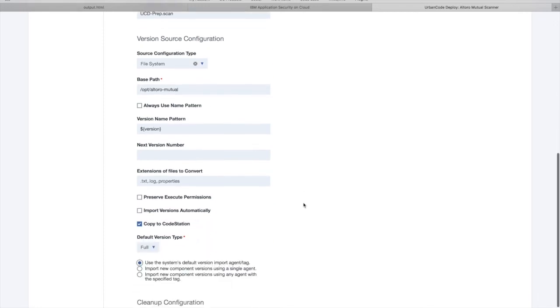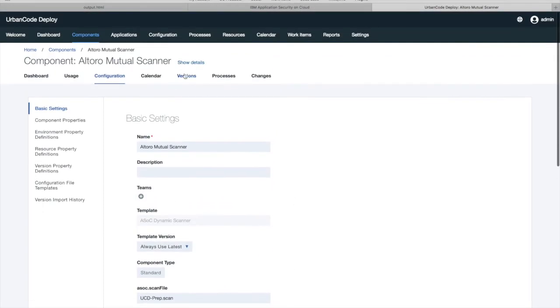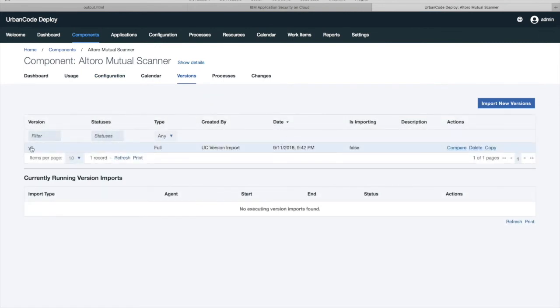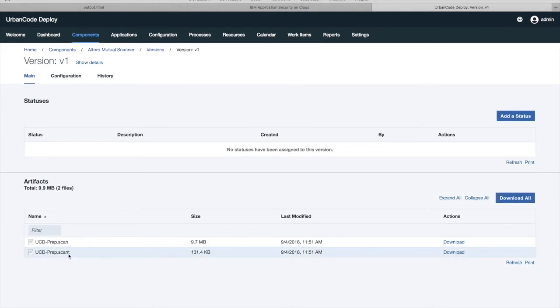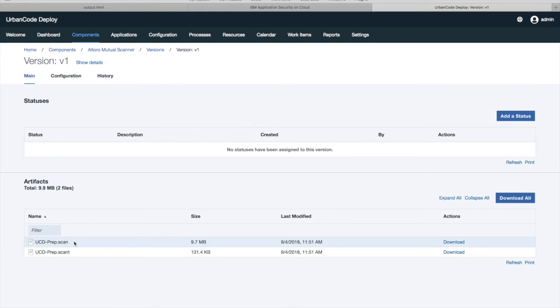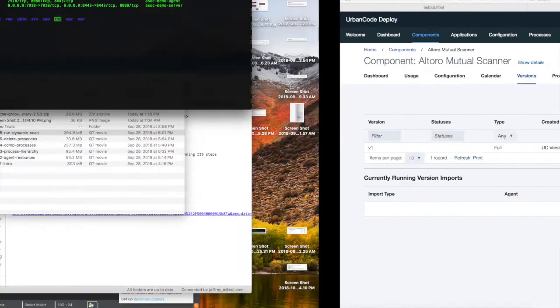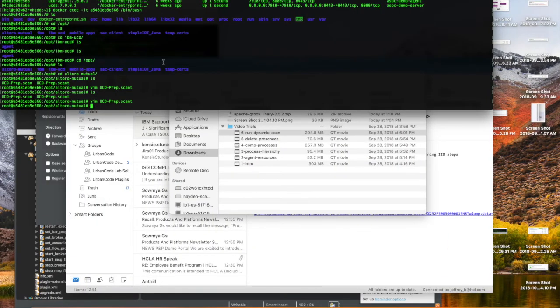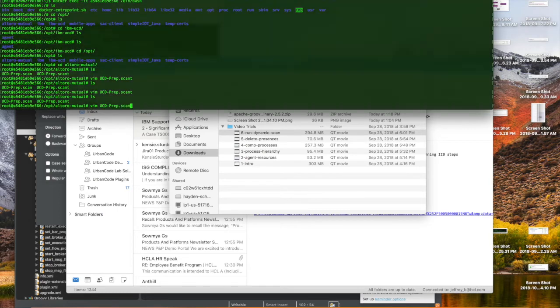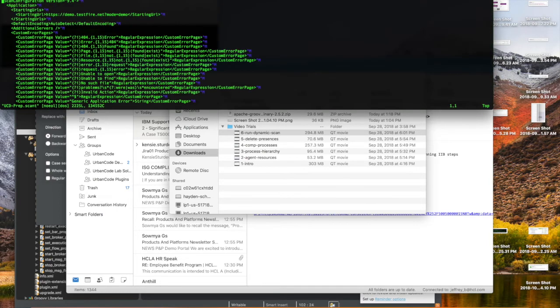And then when I go and import a new version, it's going to create a version in CodeStation that actually has that file. So you see in here I have my scan template. I also have an individual scan file. I'm not going to be using that for this demonstration. But if we take a look inside the Altoro Mutual directory, I have this UCD prep scan T file. If I were to make some changes to this, name it as 9.5, save it,